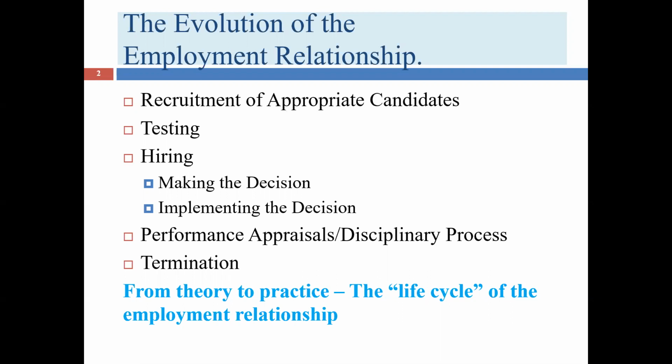So there's another way of organizing the data, and that is to organize it through the life cycle of the employee. And that's really what this chapter is about. We're going to think about the applicant all the way through his or her employment cycle. You can see here recruitment, pre-employment testing, the hire decision, performance appraisals, disciplinary process that might happen, and even termination. So you can see from beginning to end. And we're going to try to hit most of the roadblocks that can come up along that course of time. So this is the life cycle of the employment relationship.